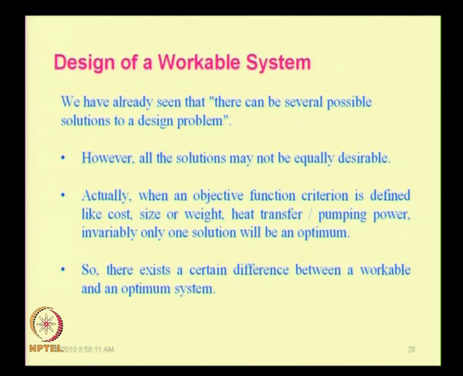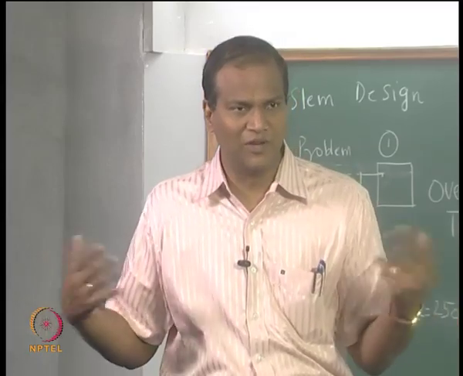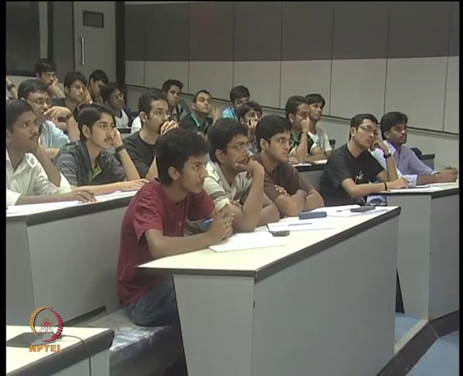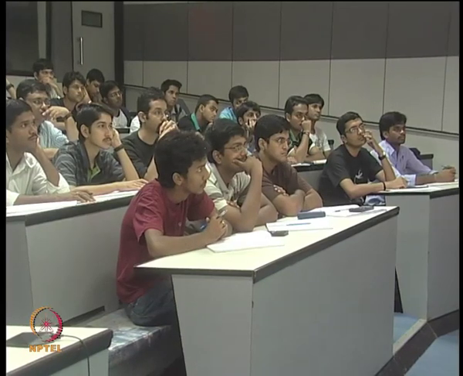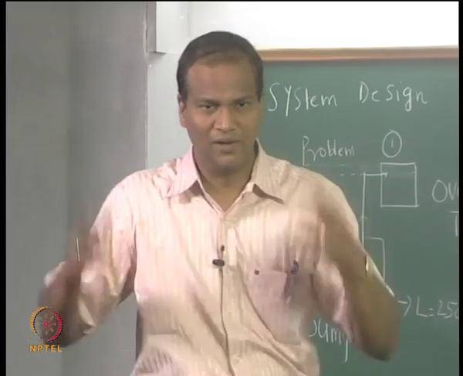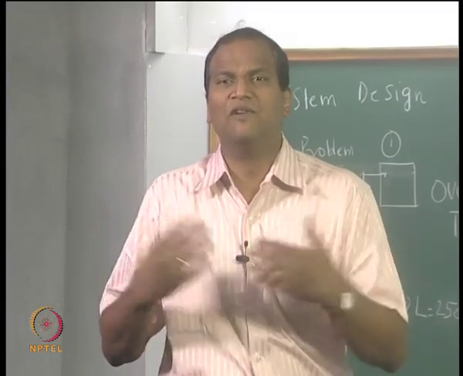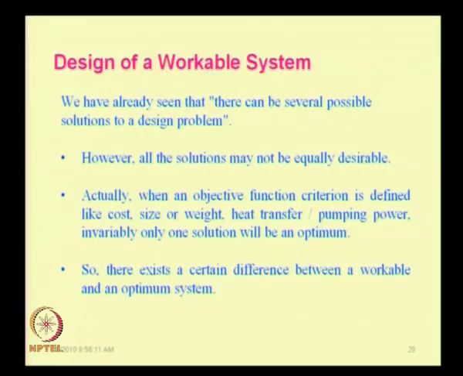So the goal of this course is to help you identify the optimum in certain situations, but because it is a classroom environment, I will restrict the number of variables to 2 and 3. If you encounter an optimization problem with 2 or 3 variables, how do you go about searching for the global optimum? That is the intent of this course. Once you know how to do it for 2 or 3 variables, it is possible for you to write a program or use some package and then extend it to any number of variables. Sometimes the optimum may not exist, because sometimes the optimum will be infeasible, or the constraints themselves will fix the solution and so on. All these things we will look into as we progress.